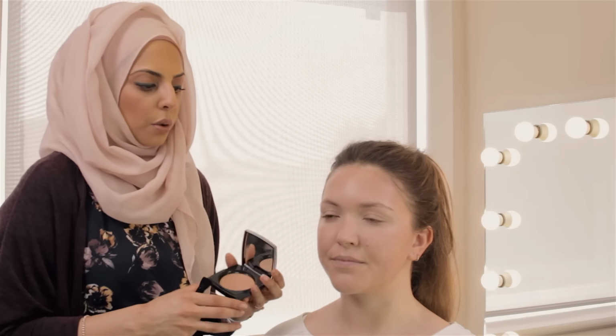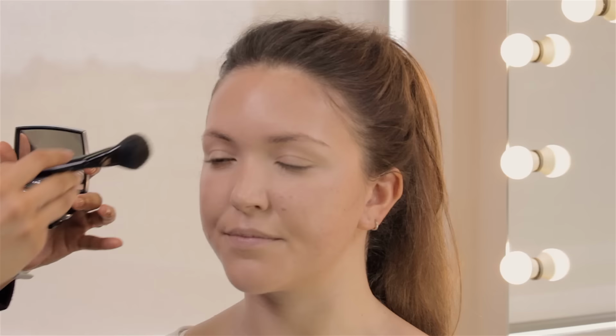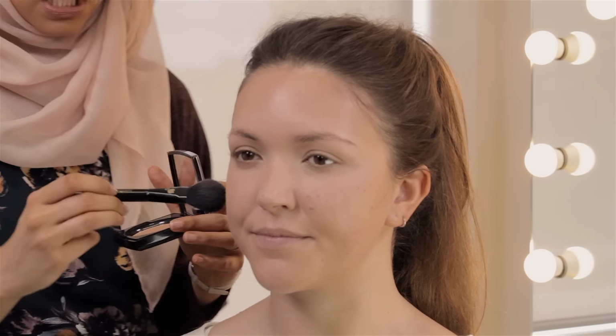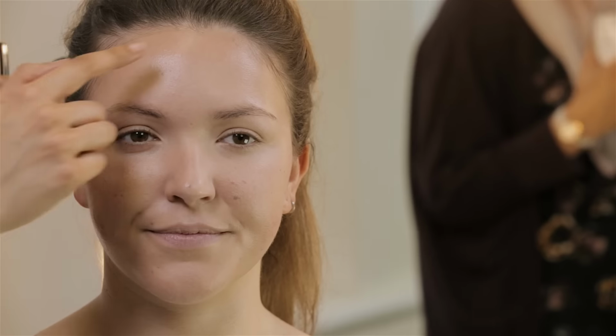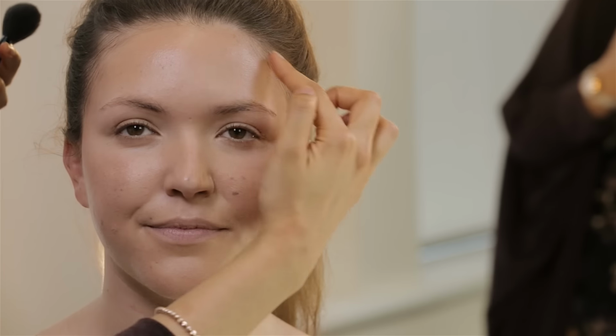So for the contour, I'm using Velvet powder. This is an optical blurring effect powder, which is great to use on its own, but you can use the warmer colours as well as a bronzer or a contour shade. You want to go across the cheeks and into the temples and a little bit just down the jawline here. So if you imagine a 3 shape there and an E shape here, but I don't want it really stripy,